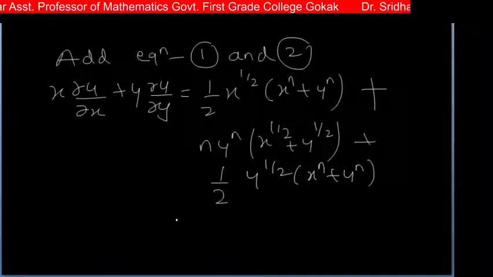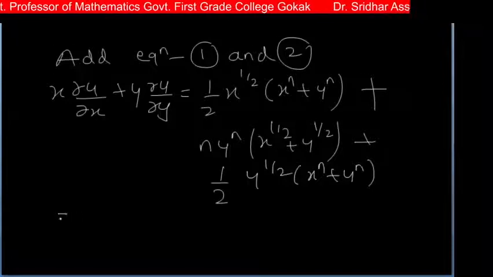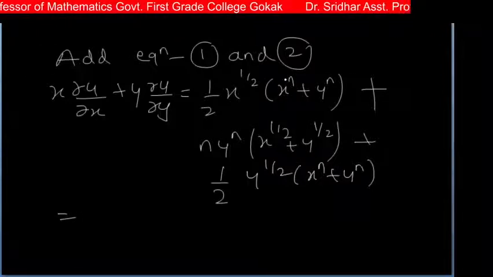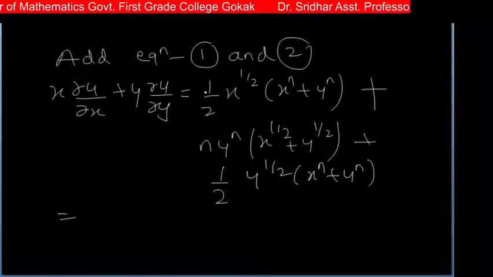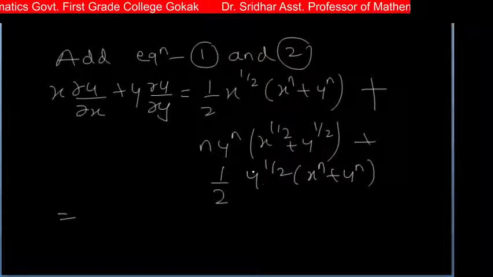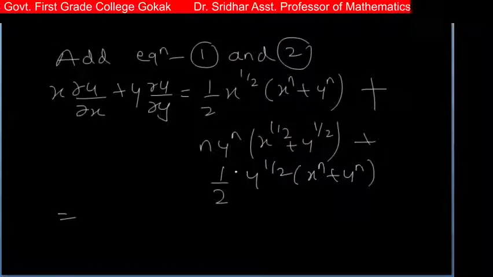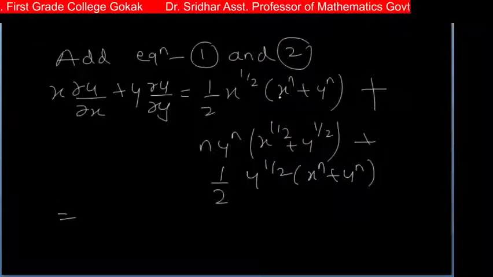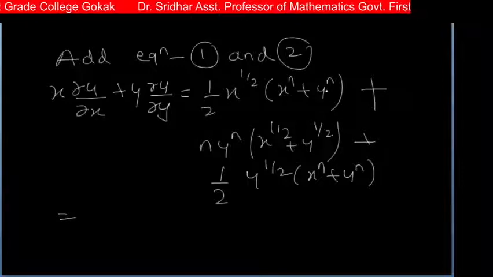Okay, so now in this we simplify this equation. Now in this case we can take 1 by 2 common from the first and the third term. I take 1 by 2 common, and x raised to n plus y raised to n is also common,